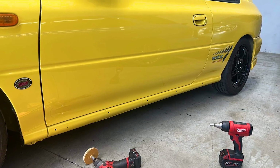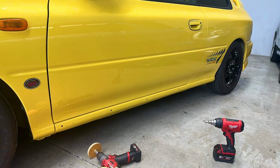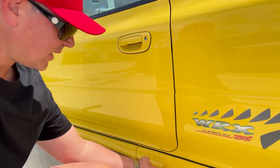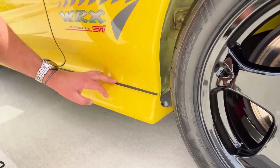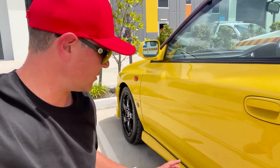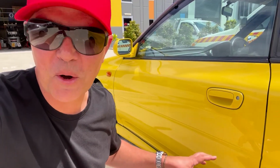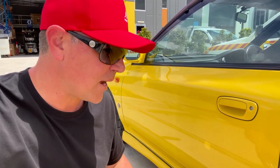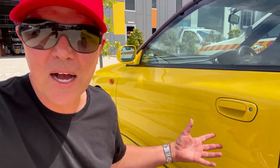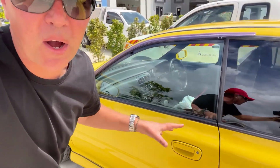Pulled up a lot of glue, and anyway, now they've had them resprayed, they're back on the car, and they're absolutely beautiful. So happy with it now. It was just one of those things, once you knew they were on the wrong way. I had a lot of guys commenting on the videos as well, saying your side skirts are on the wrong way. Yes, we knew about that, but I was still happy to buy the car despite that issue,